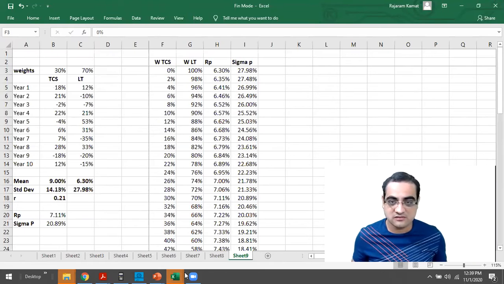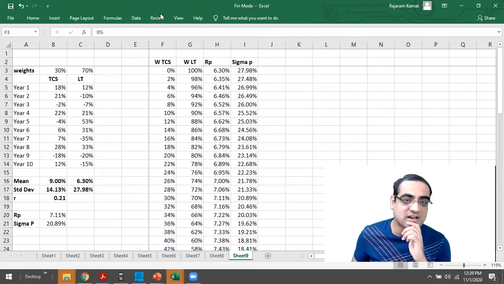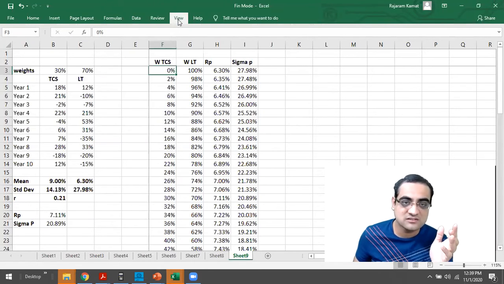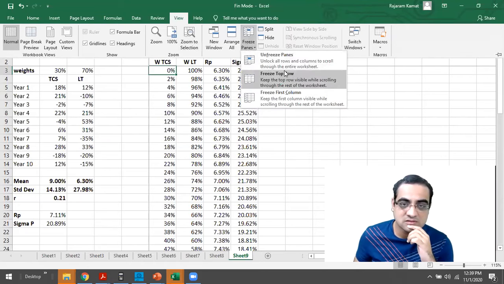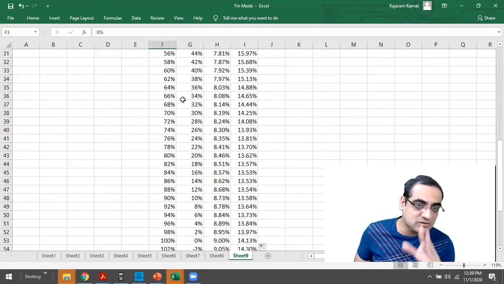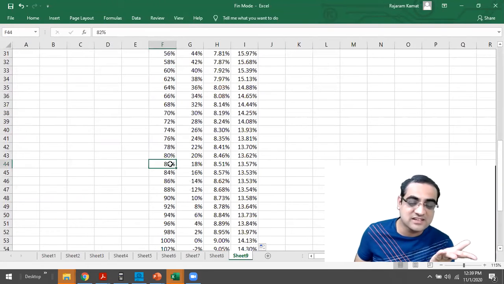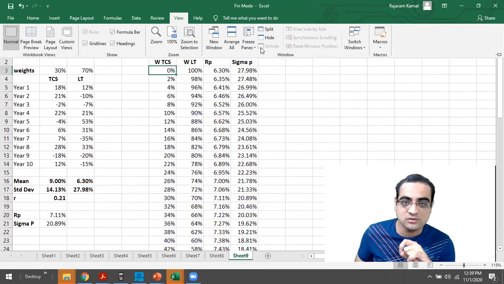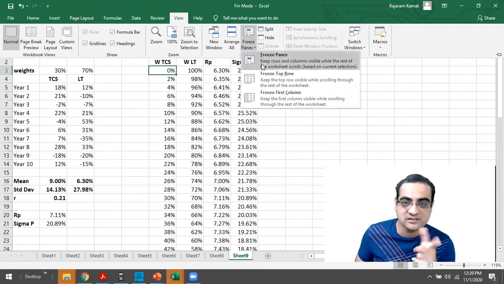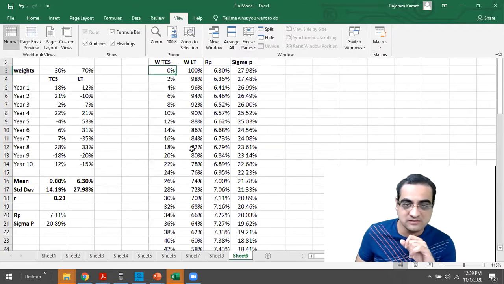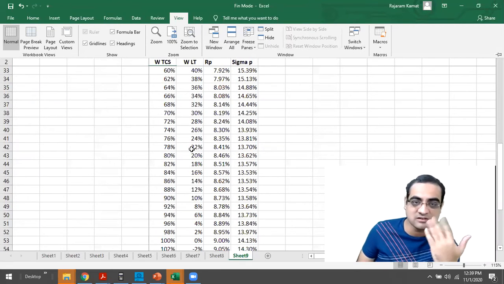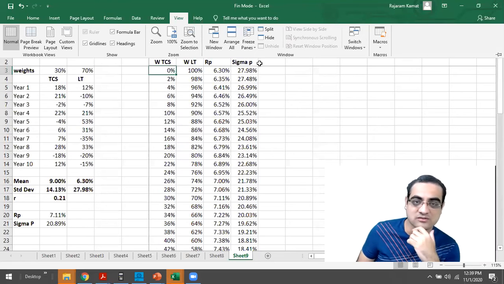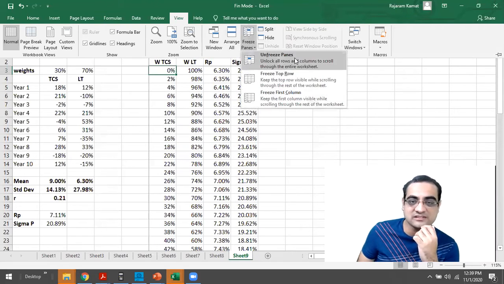Just a second. So I'll repeat what I just did now for the others. While I was scrolling down, I was not able to see whose weight this 82% is. So what I will do while scrolling down, I'll be over here, then go to View, and then go to Freeze Panes, and I'll just click on Freeze Panes. So it will freeze the columns which I can see now. And then once I come back, then I'll again unfreeze the panes.